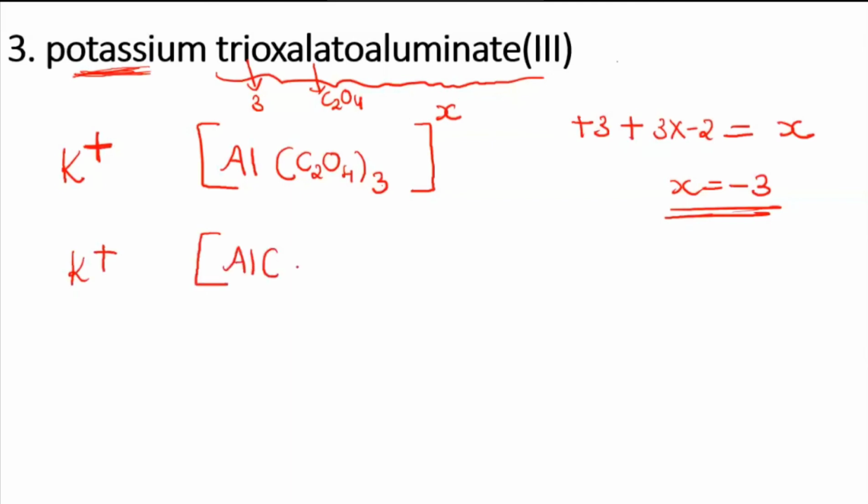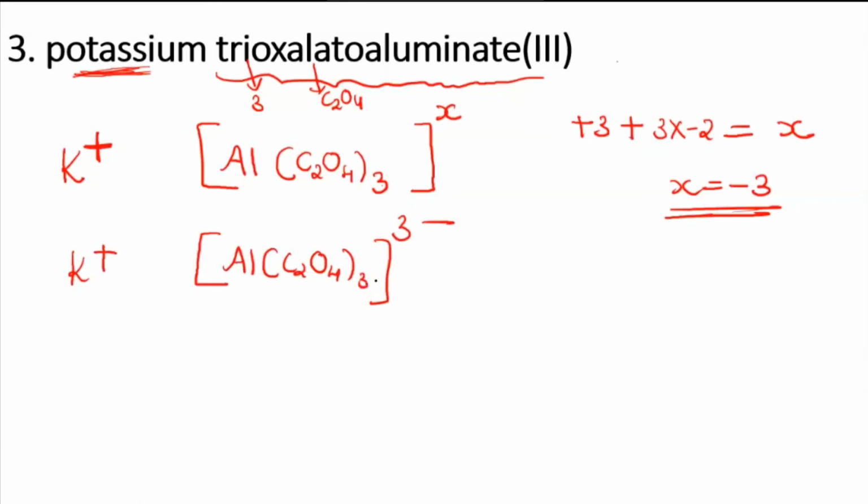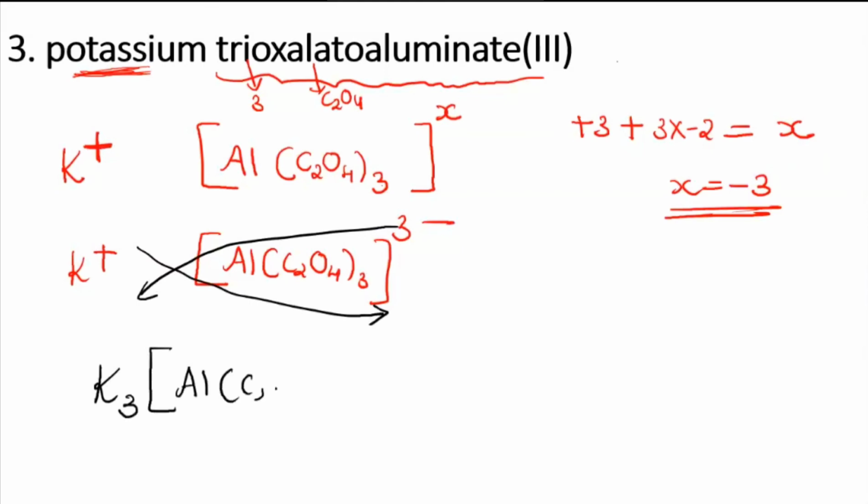Okay, so C2O4 3 times, and then here I have 3 minus. Now cross the valency. Try to balance the charge of this complex. Because the complex carries 3 minus charge, it would require 3 potassium, no? Because potassium valency is only 1 plus. So like that, 3 plus charges will be taken by this complex. So I am taking this 3 here, and this one will come this side. So final formula will be K3 Al C2O4 3. Okay, this is the final answer.